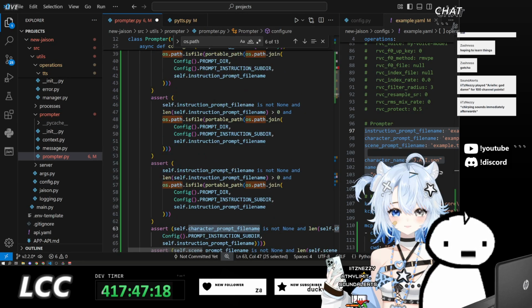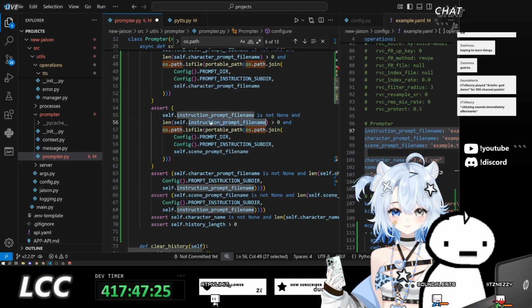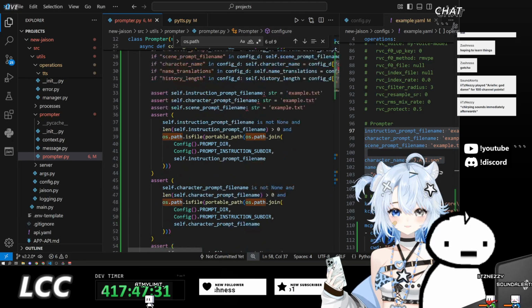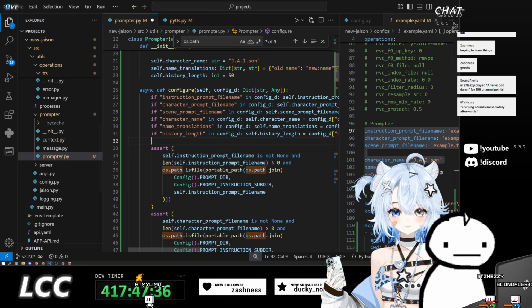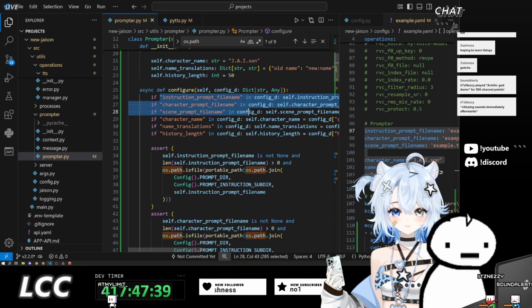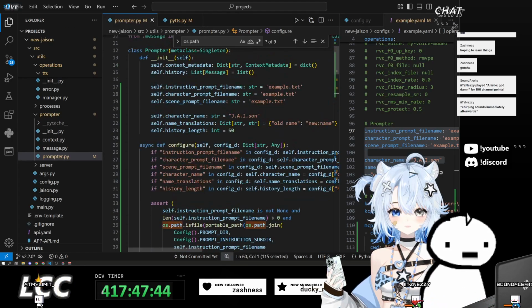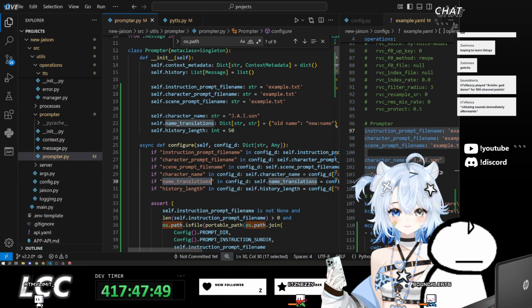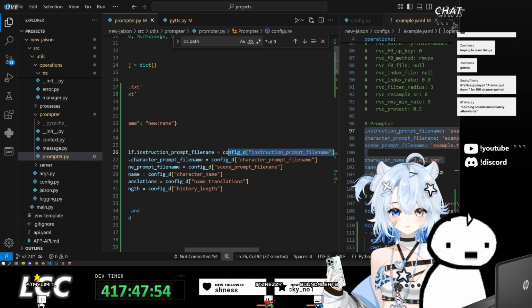We need this for character. And we need this for scene prompt. And we can get rid of these two. There we go. So this should properly check all of them now. We should correctly check the file names are indeed proper files. They should also check the character name, history length. The name translations, we need to cast these values, actually ensure that they are what we expect them to be.